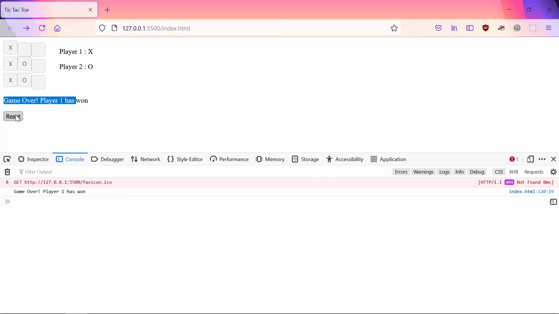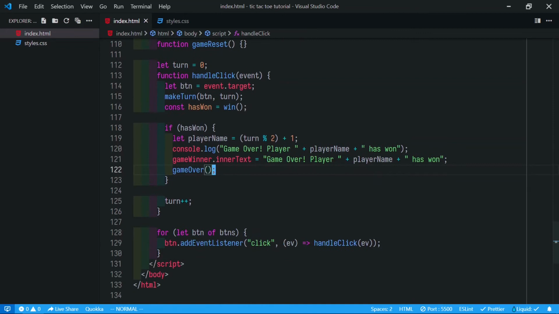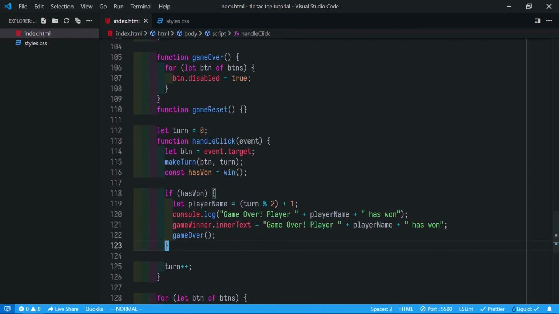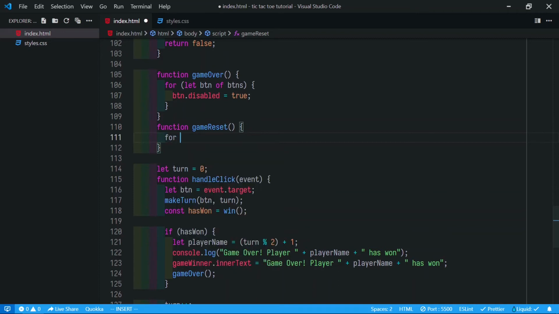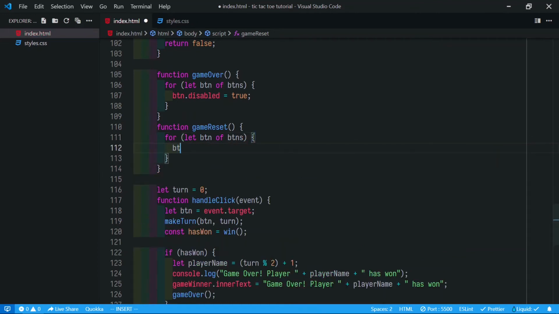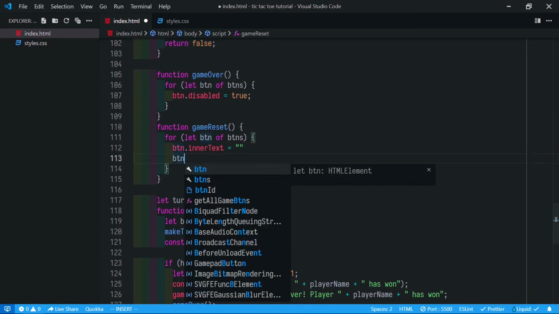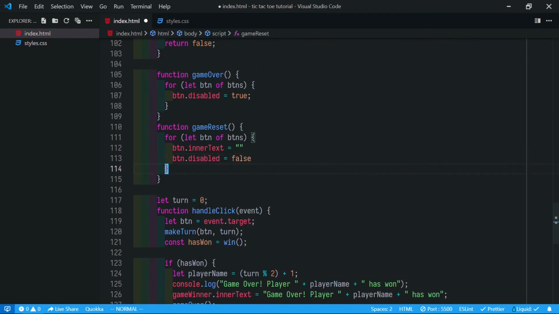Now we want to make the reset function work. So what we have to do is, for each button we have to clear their inner text value to be empty, and if they are disabled we have to enable them.